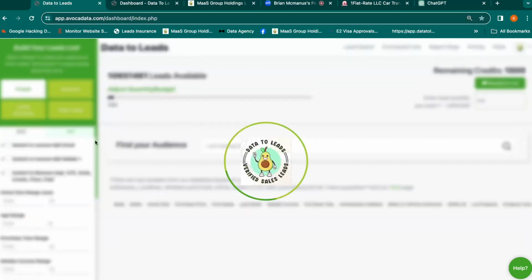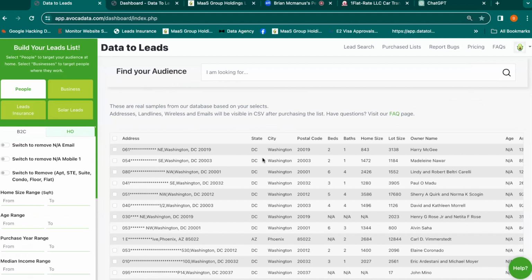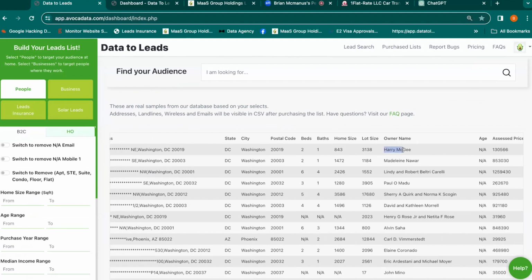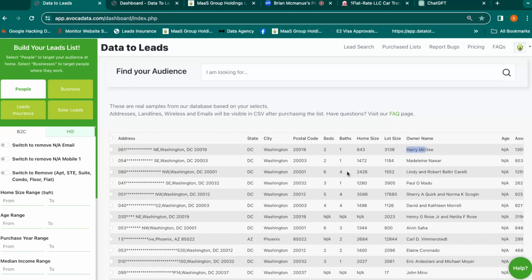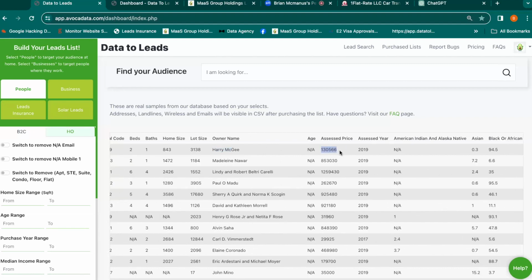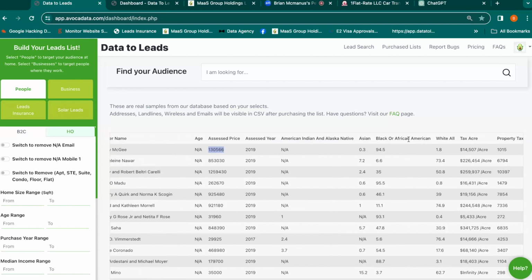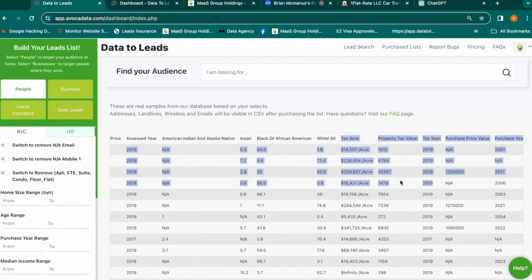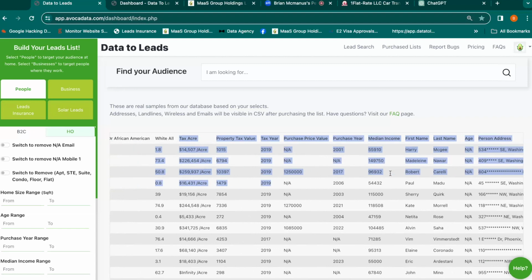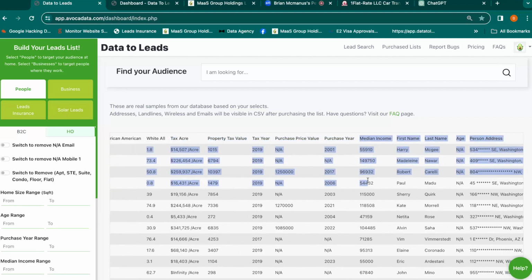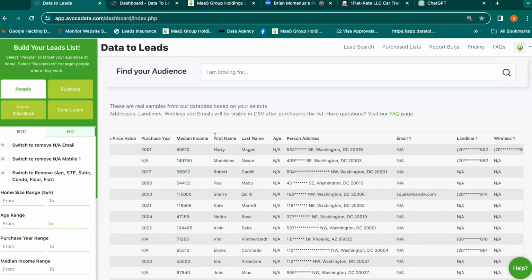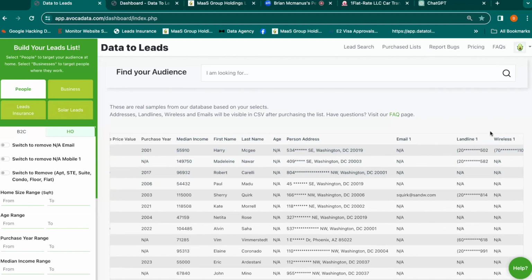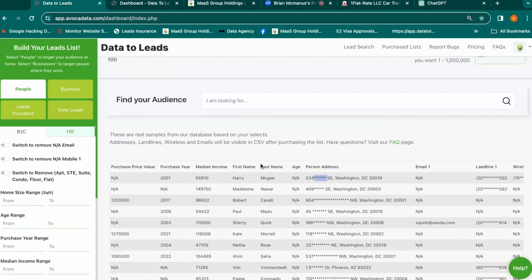What that means is this tax assessment record from Washington, D.C. stated that this person owned this property and it had a value of this price. And then as you see, there are all these different demographic filters based on the 2020 census. There's different tax information about the property. And like I was mentioning, we have median income. Then the consumer contact information is all skip traced, to the right side. You'll notice that all these different asterisks are here. Those will uncover themselves when you actually purchase the list.